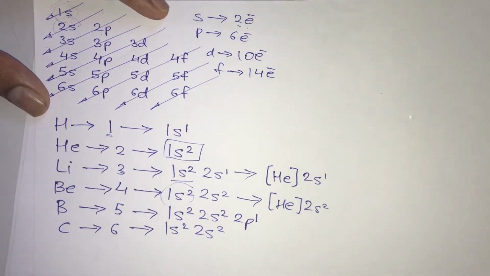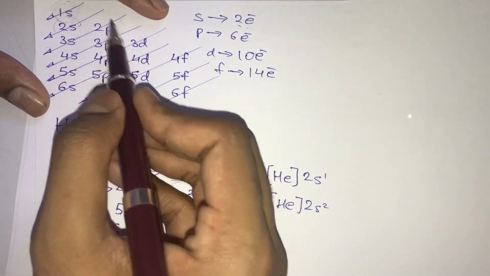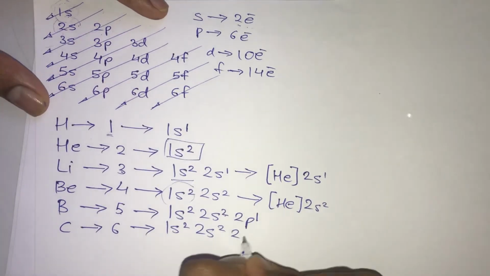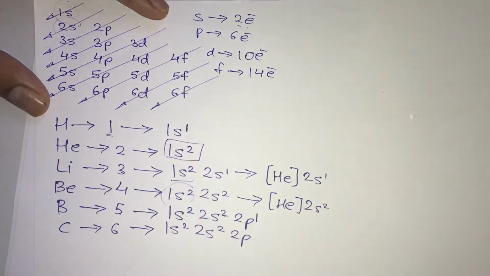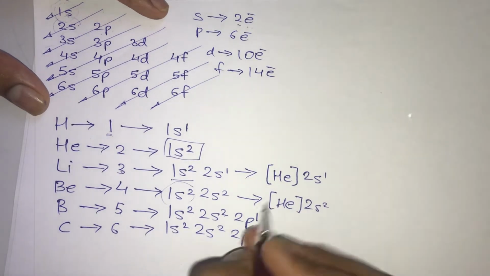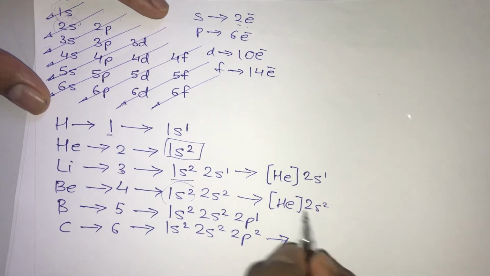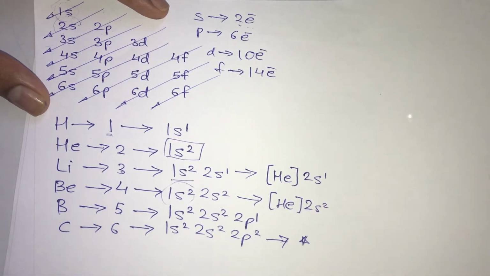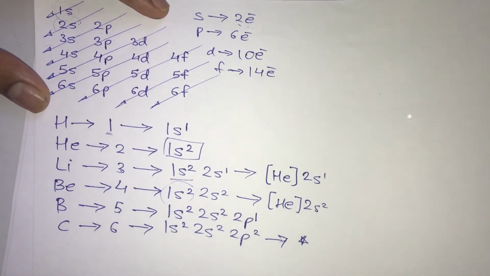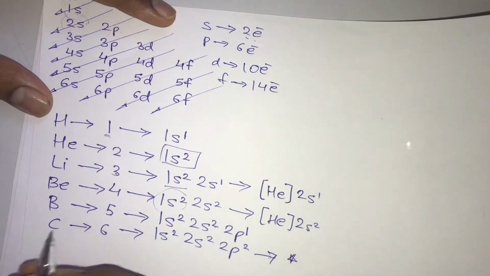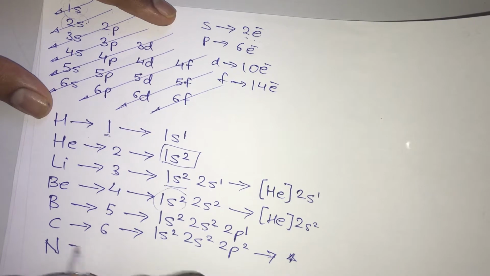Since there are 2 more electrons remaining, we move on to the third diagonal. In the third diagonal we first meet 2p. So 2p, p can take a maximum of 6 electrons, but as we all know there are only 2 electrons remaining, therefore we write it as 2p2. And I hope that you all can write the condensed form of this carbon as well by just substituting 1s2 as helium. Now further on, moving ahead, let us write the electron configuration for nitrogen.